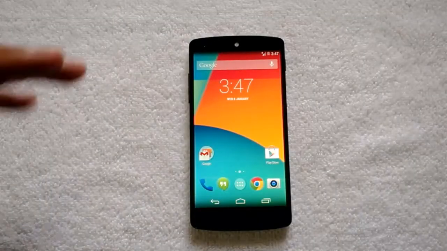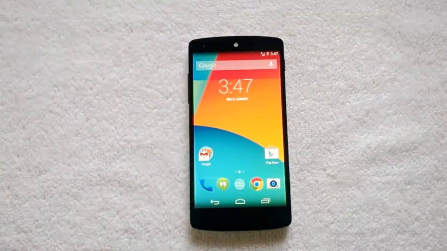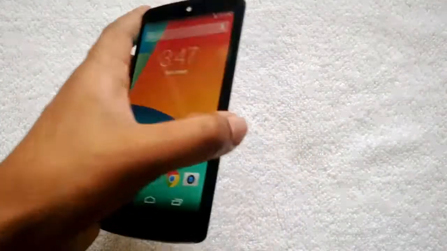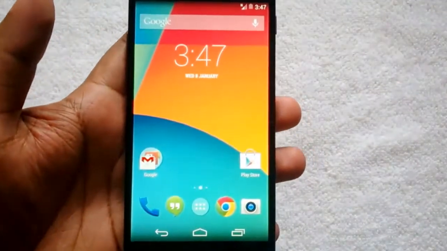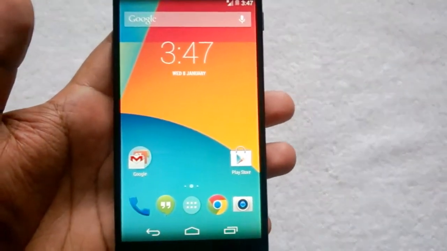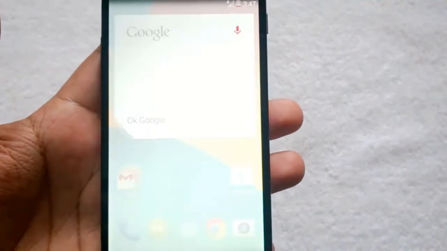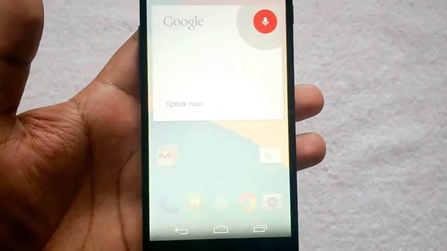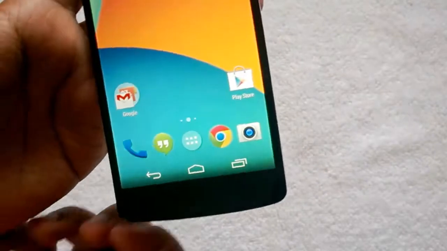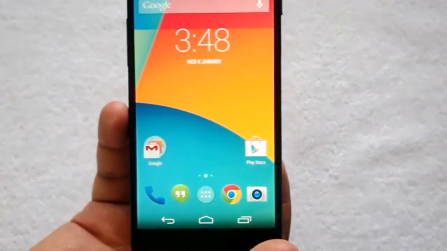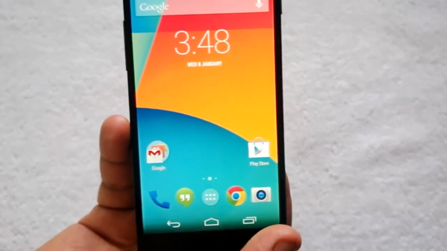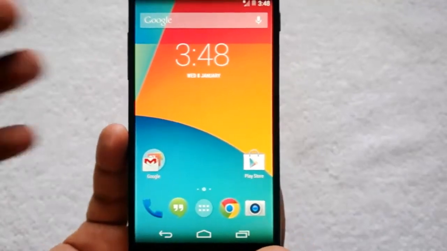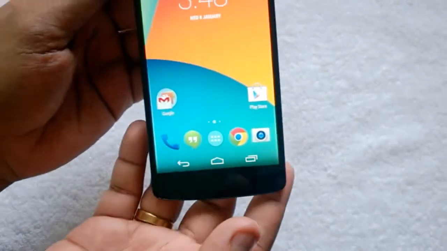Apart from that, now we can use voice commands to search Google. Let's just try this OK Google feature. OK Google. You can see here the OK Google feature works perfectly. You can use voice commands to search Google directly from the main home interface instead of tapping on the Google search.